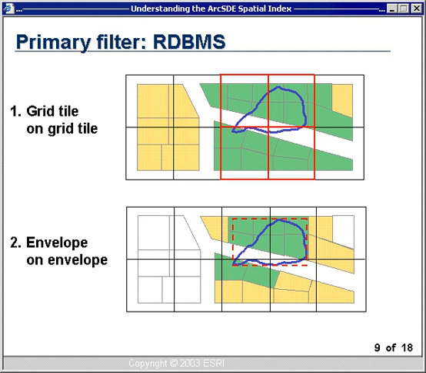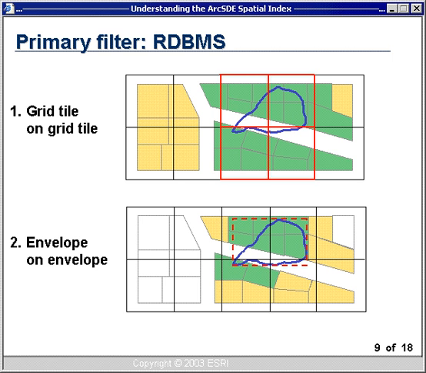It's a similar term to that of just using database, but database was a little bit broad. This is actually the software that manages all the queries and retrieving and storing data within your database. So back to the envelope on envelope query. With the results that came from that first process of elimination, we then took a look at the envelope of the spatial filter and the envelope of all of those features that fell in those grid tiles. And again, we're throwing out the yellow features because their envelopes don't intersect the envelope of the spatial filter. So these two queries are done at database level,